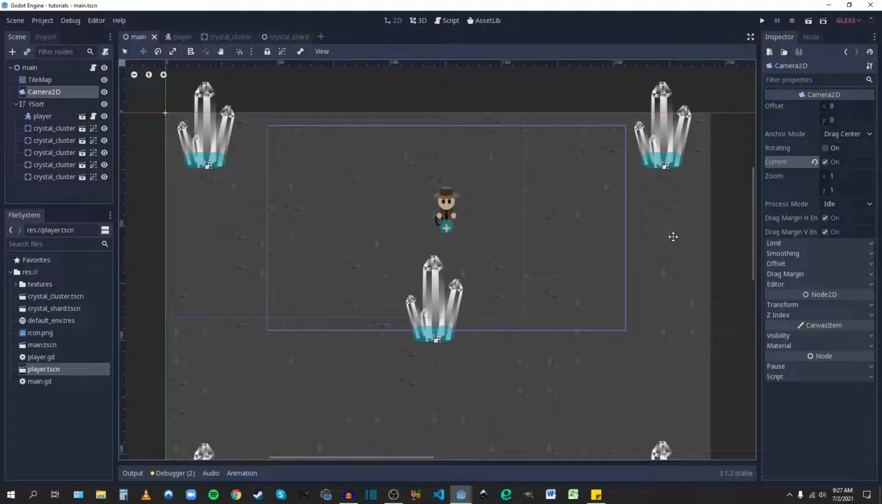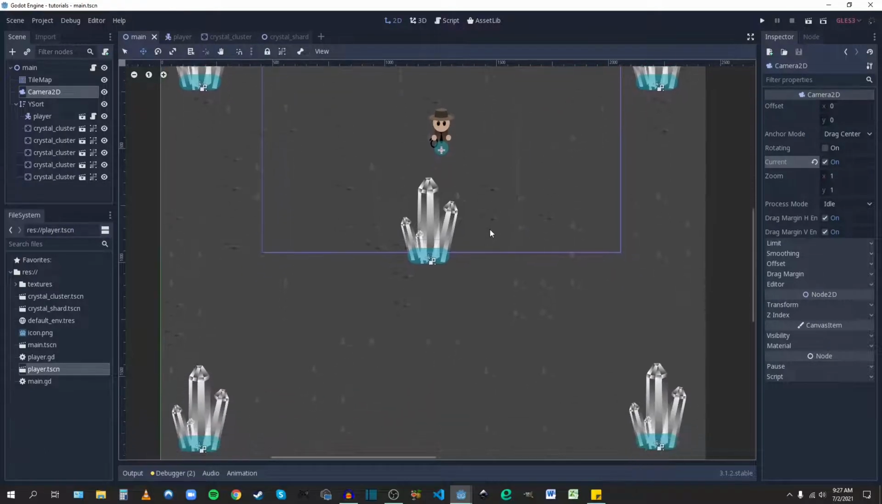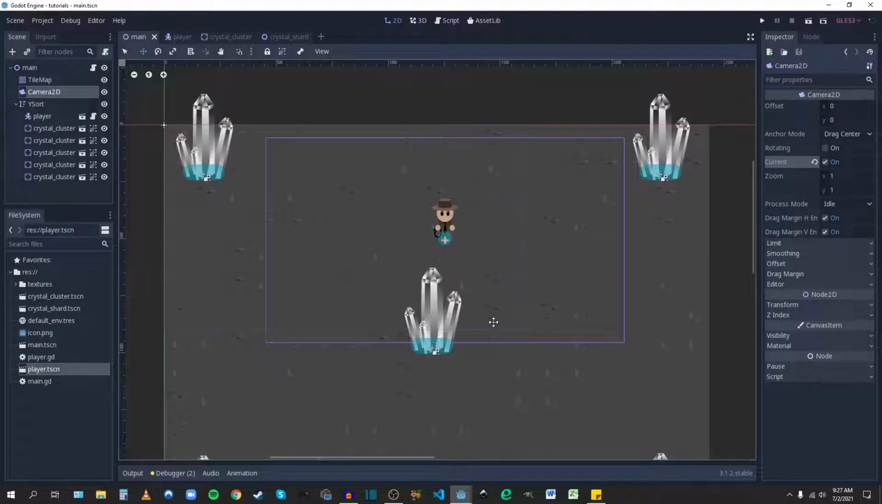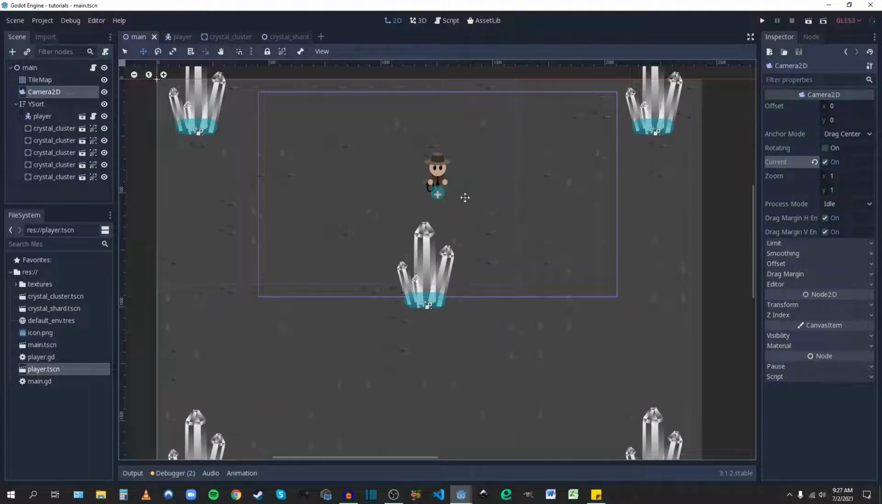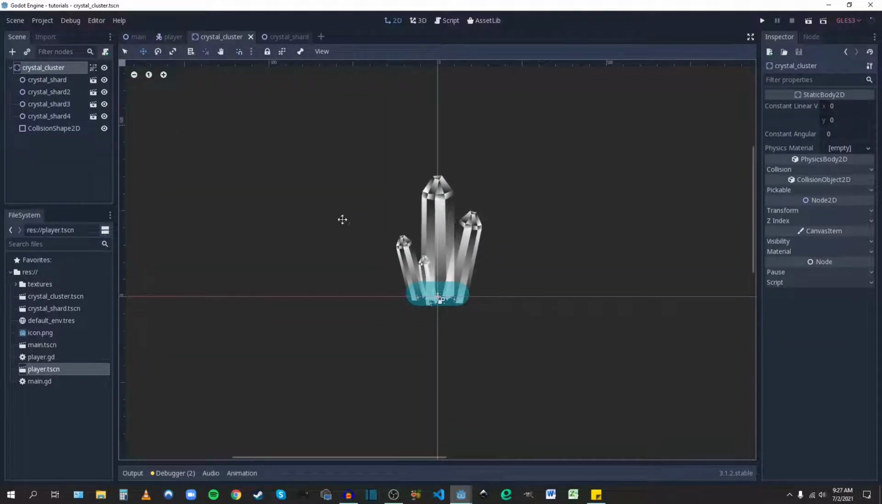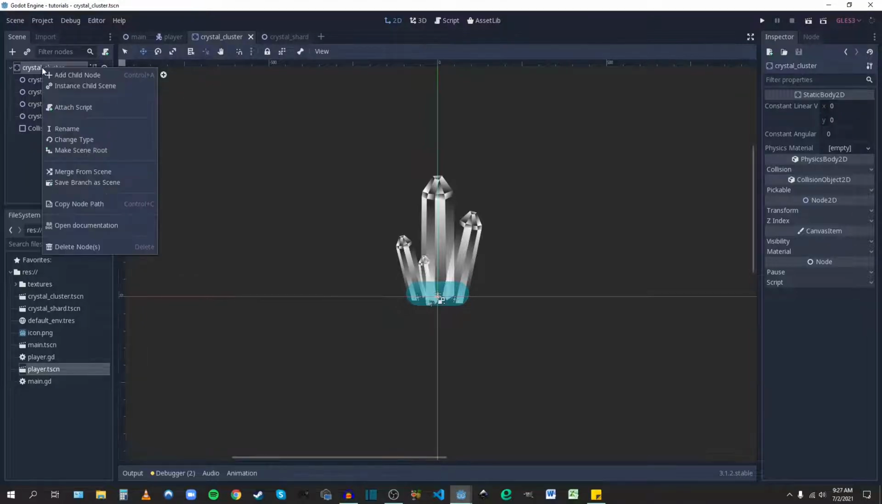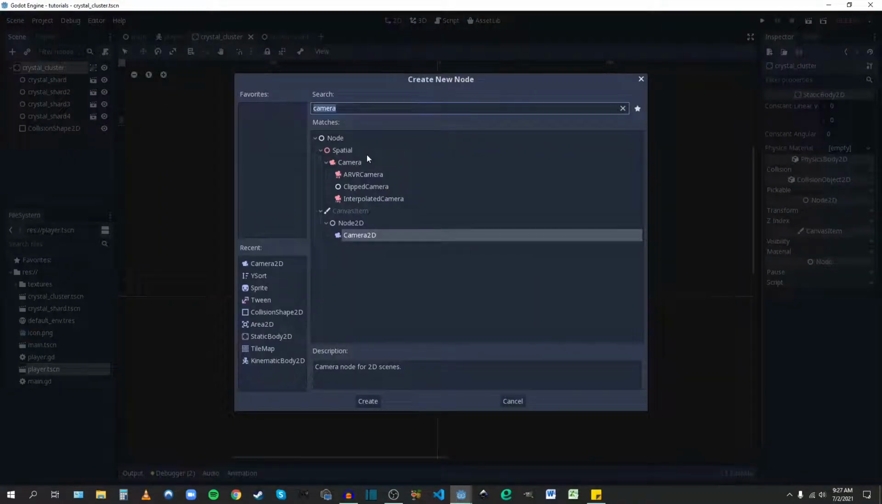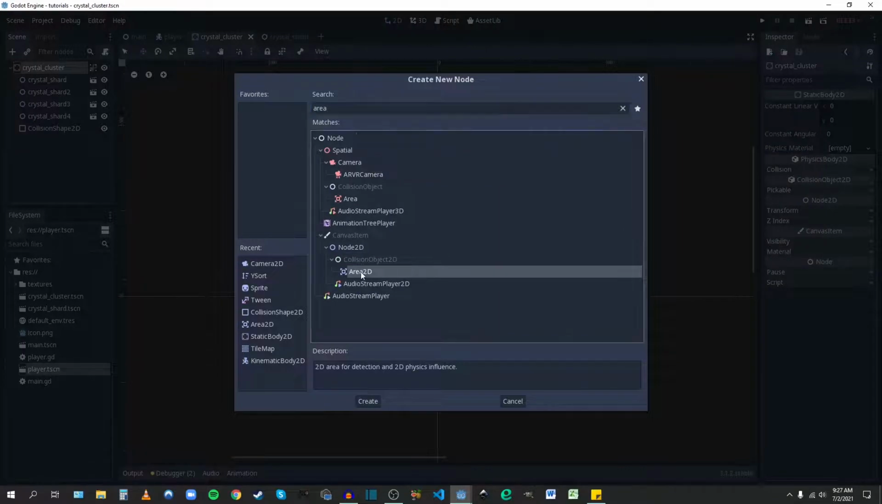So the next thing we want to do is find some way to recognize when the player has entered the sort of sphere of influence of the object that we want to snap the camera to. So basically, all that means is we're going to add another Area2D to our crystal cluster, or whatever object it is you want to snap the camera to. So under crystal cluster here, I'm going to add a child node, Area2D,